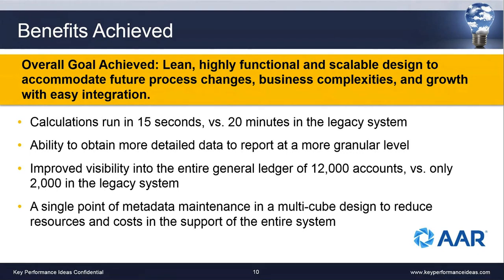especially with the calculation times from 20 minutes down to 15 seconds. So all the underlying calcs in the forms were running much faster and much more efficiently. They now had more visibility into their data and therefore the granularity level. So they were able to forecast budget in a much more timely manner, but also in a much lower level